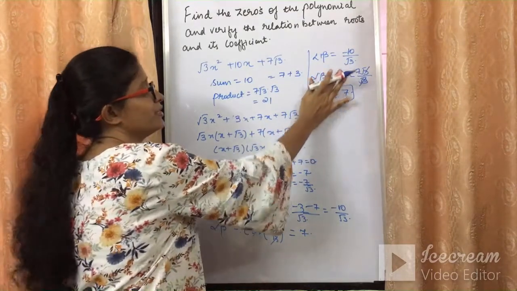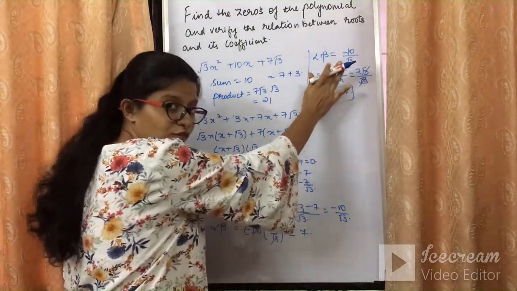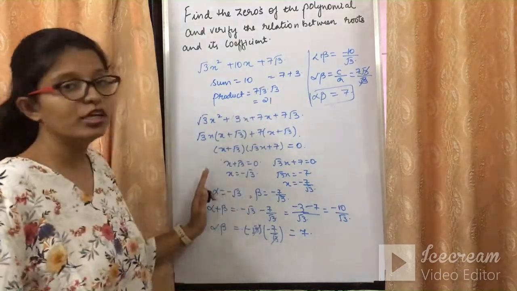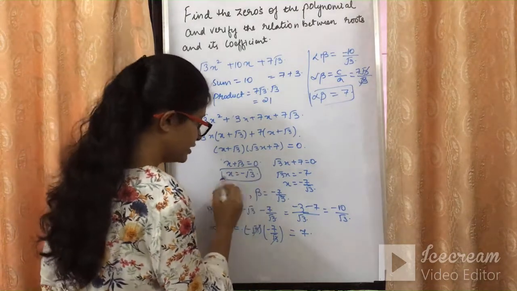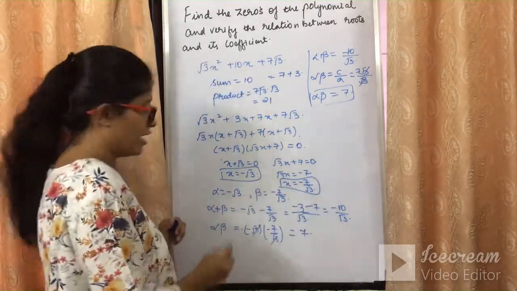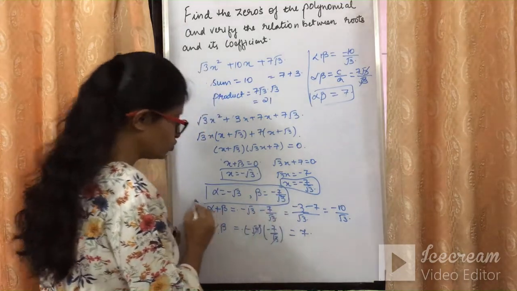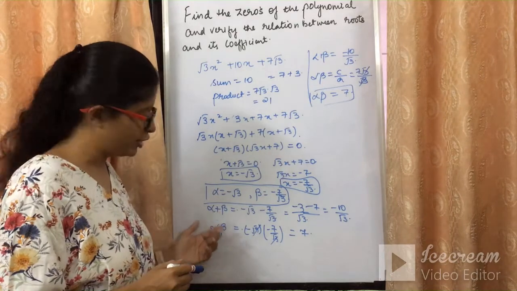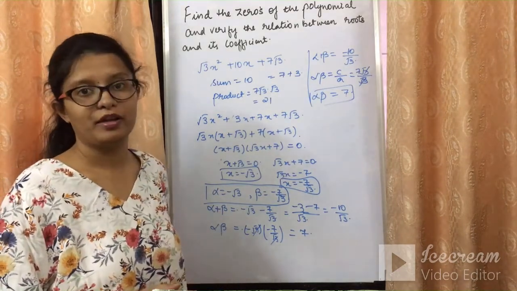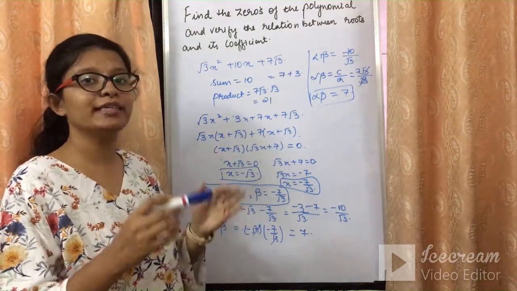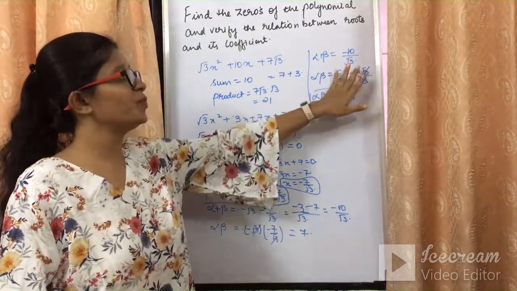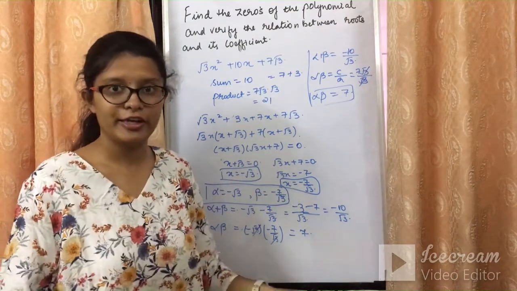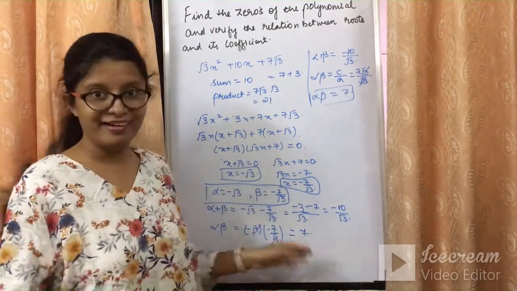तो हम डायरेक्ट इक्वेशन में से निकाल रहे हैं जो प्रोडक्ट्स एंड सम्स ऑफ द जीरोस ऑफ द पॉलिनोमियल इज सेम. So this is the method how we can take out the roots of the polynomials. So these are the two roots of the polynomials, alpha and beta, and this is the sum of the zeros of the polynomial, and this is the product of the zeros of the polynomial. So this is how we have already seen what the formula was. So केवल minus b upon a and c upon a use करके हमारा काम खत्म हो जाता है quadratic equation solve करने के लिए. So that is the quadratic polynomials done.